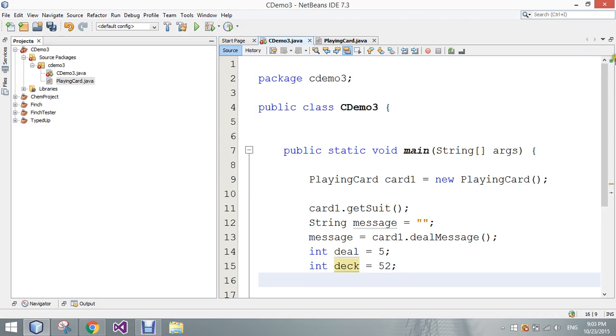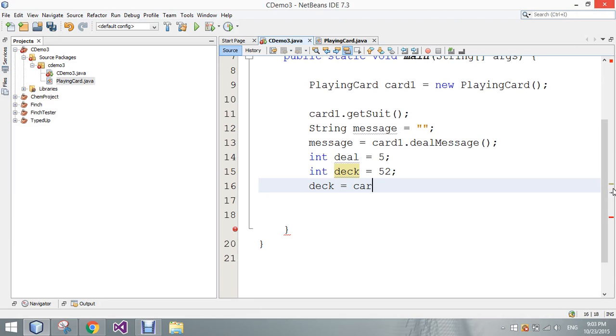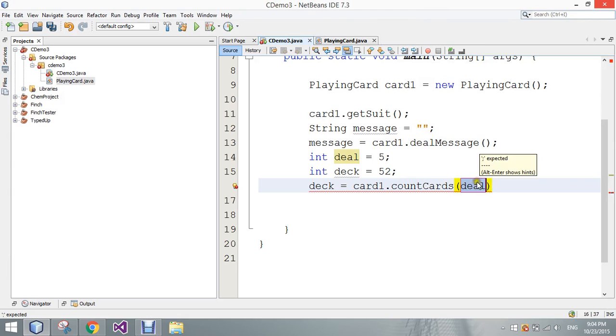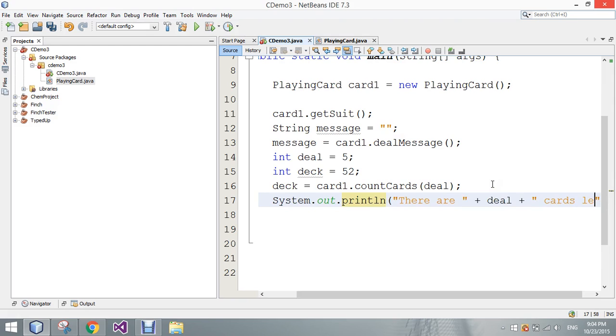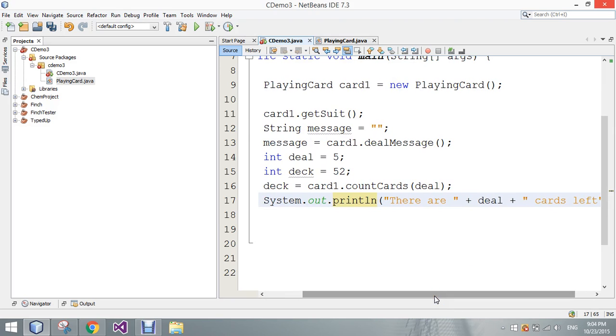And we'll scroll down, and say that dec now equals card1 dot, and here is our count cards variable. It wants to know what variable to pass down. We could pass down the deal variable, which is 5, or we could put a number in there. We'll pass down the variable. And then we need to print out a message saying there are plus deal cards left. In reality, if we were doing this as a bigger project, we'd probably have the deck as its own separate class. So I'm going to go ahead and run this,